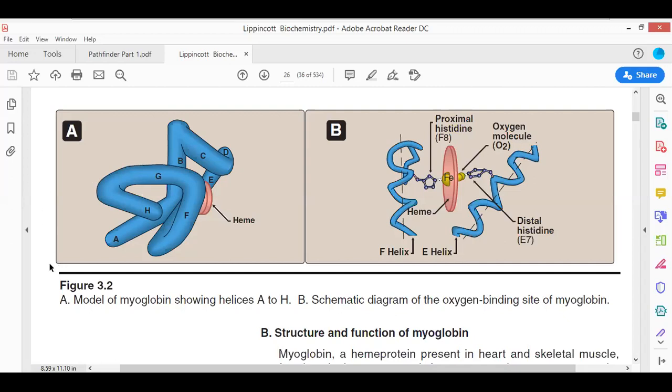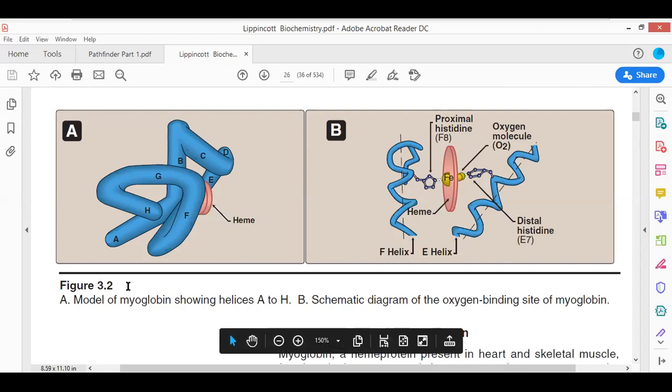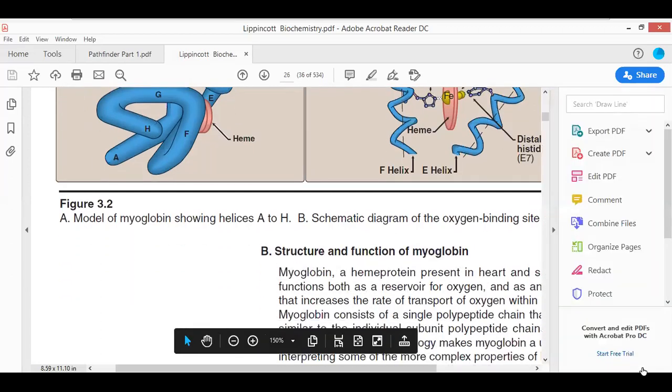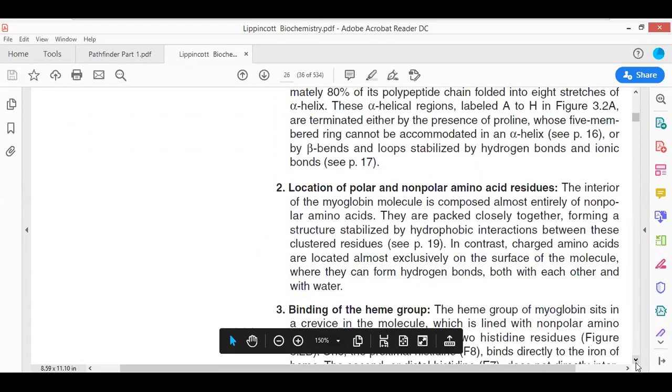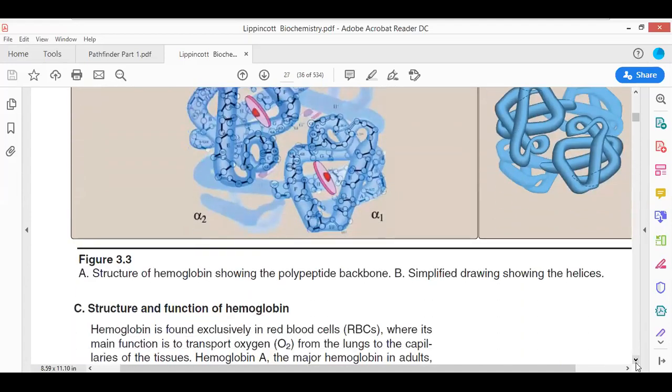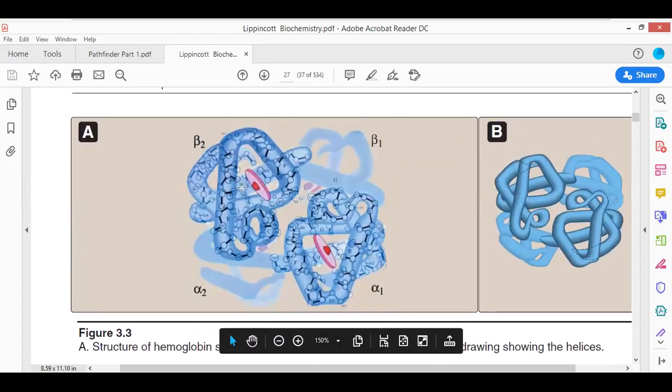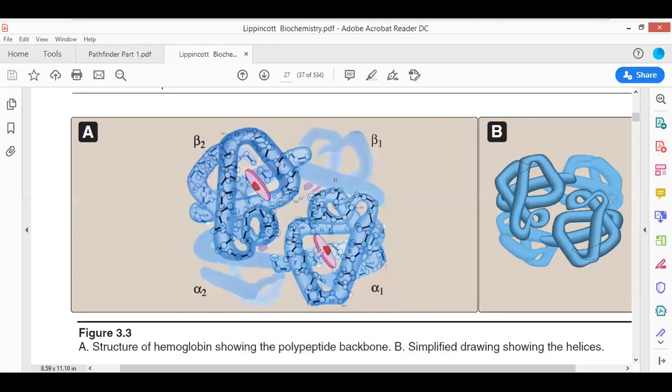When 4 myoglobin structures are present, what is it going to form? It is going to form the structure of hemoglobin. Look here at what is given. These 4 different subunits will bind, and these are the 4 different subunits. These have heme porphyrin rings within them. This is the iron. Every beta and every alpha has such heme subunits within itself. So there are 4 subunits, and this leads to the formation of the structure of hemoglobin.